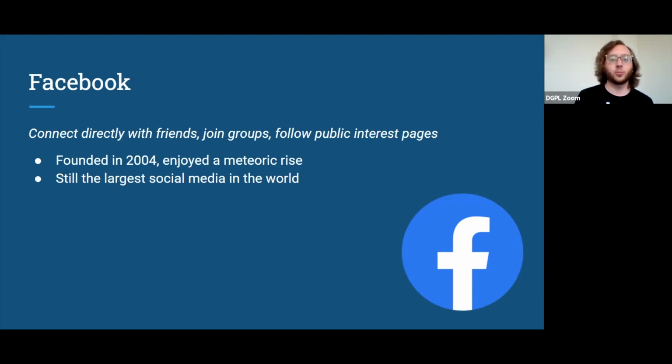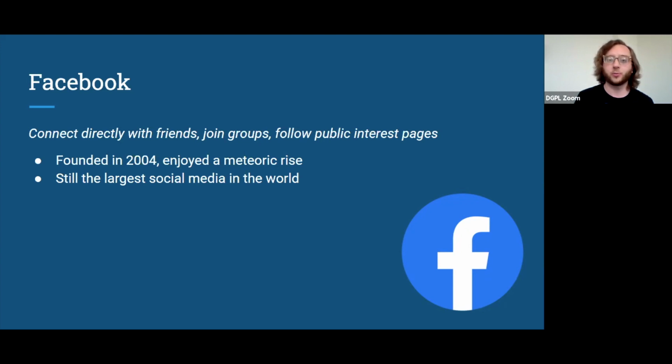To see someone's post, you need to connect directly with them by adding them as a friend. But you can also join groups where people you may not have on your friends list can post about, say, a hobby or interest.